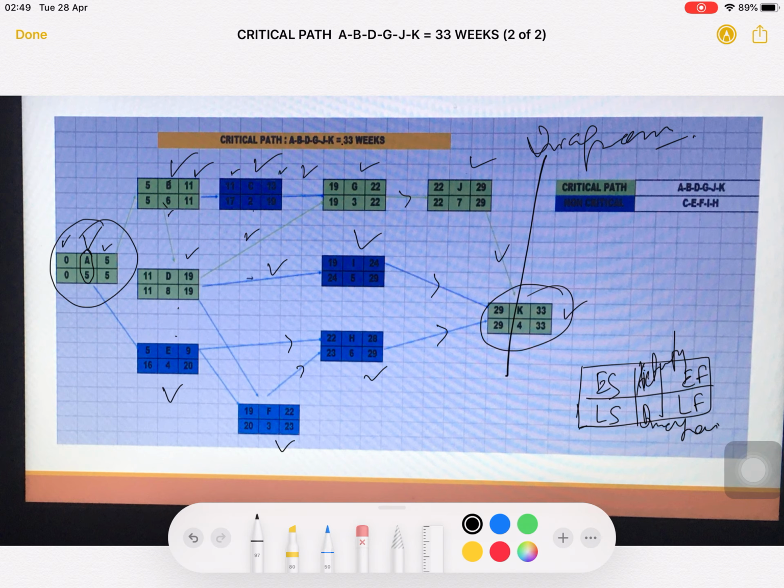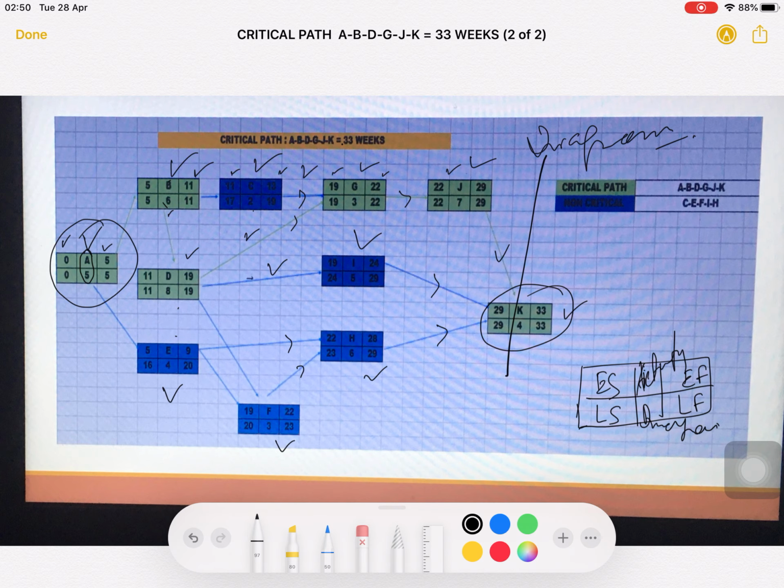Then for G, there are two nodes coming in, C and D. So, C is 13 and D is 19. It means 19, because C completes in week 13 and D completes in week 19. So, we will take 19, because ultimately you have to wait. So, we will take the maximum time. So, 19 plus 3 is 22 for G, then 7: 7 plus 22 is